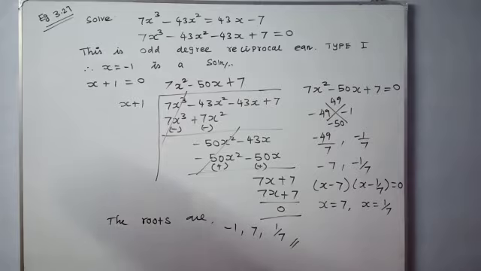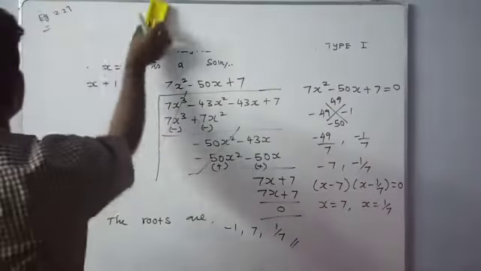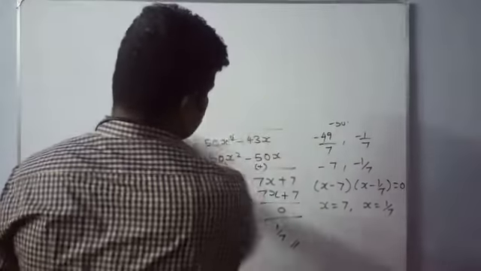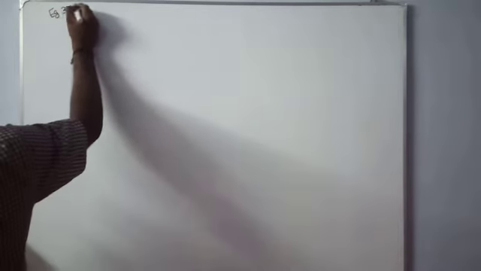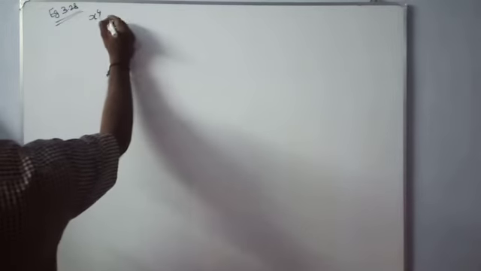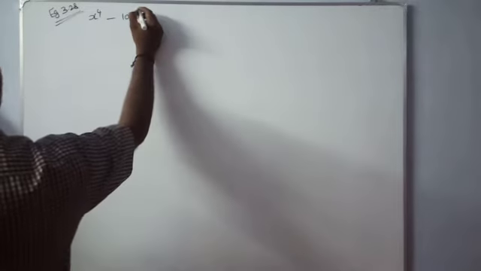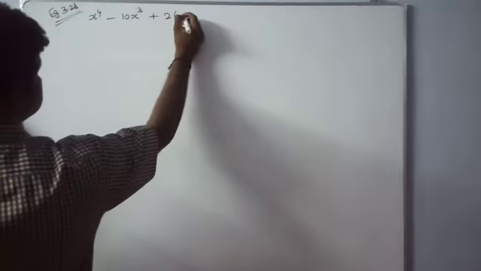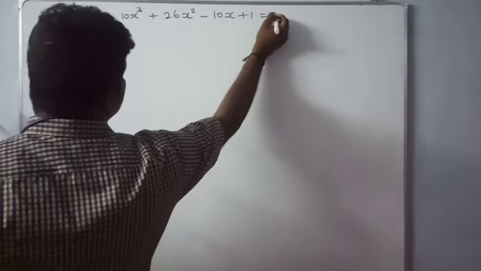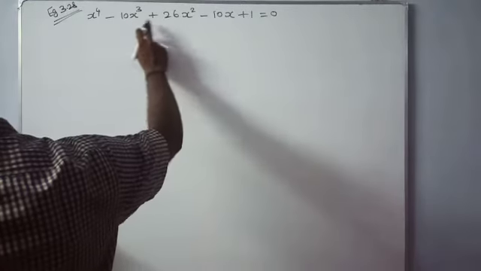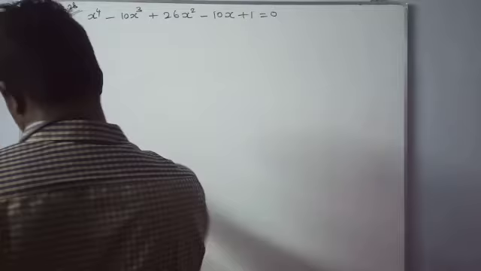Now example 3.28. Solve the following equation: x power 4 minus 10x cube plus 26x squared minus 10x plus 1 equal to 0. x power 4 minus 10x cube plus 26x square minus 10x plus 1 equal to 0. This is a 5-mark question,